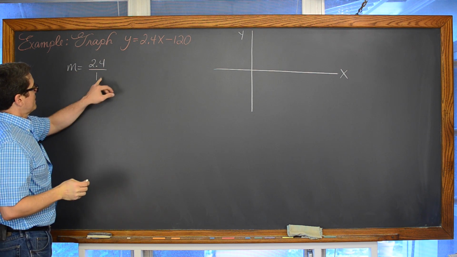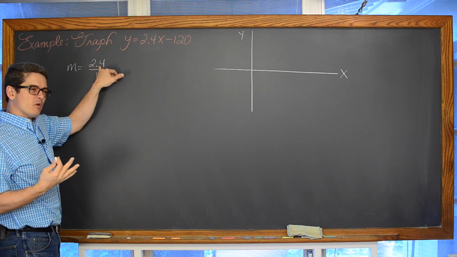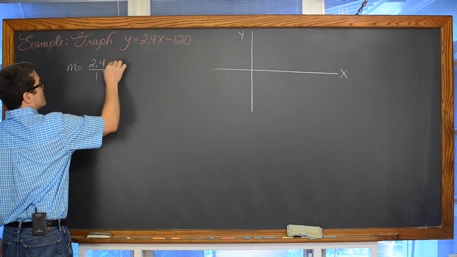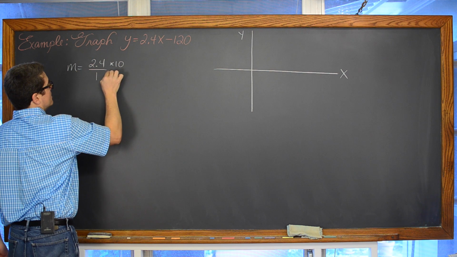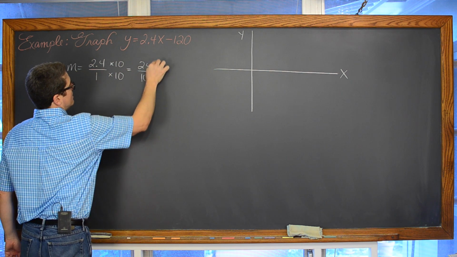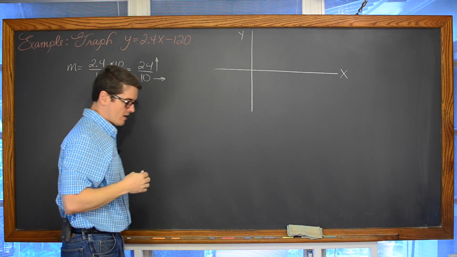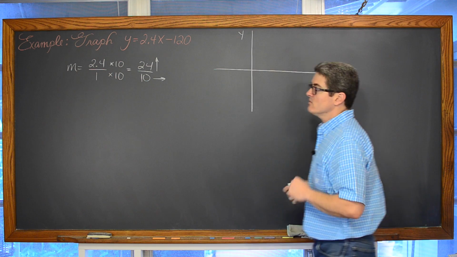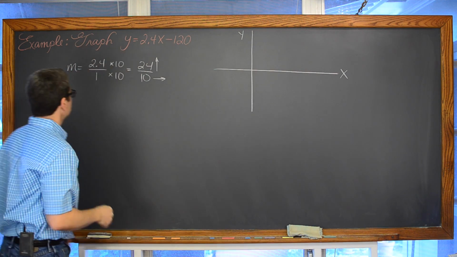Now, I don't know about you, but I don't want to try and rise 2.4 units. I know that's somewhere between 2 and 3, but if I take this fraction and multiply it by 10 on the numerator and denominator, I'm going to get 24 over 10, and now, after I get my initial point graphed, I can rise up 24 and run 10. My y-intercept is negative 120,